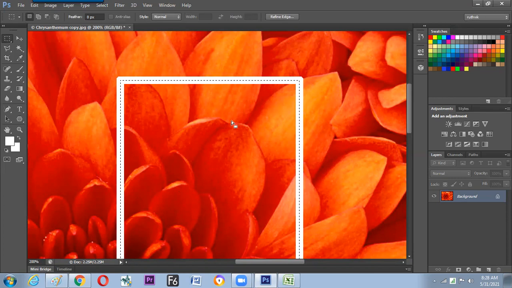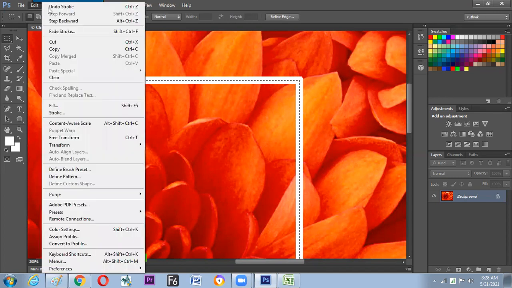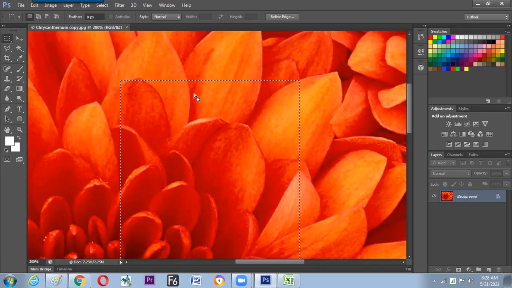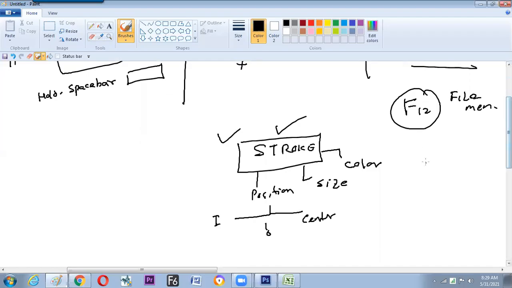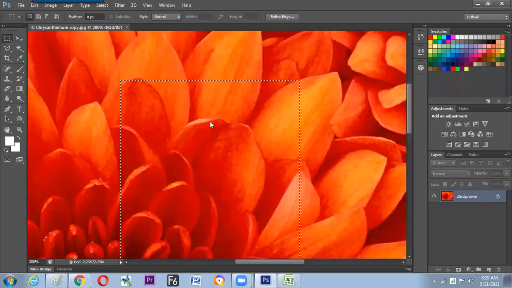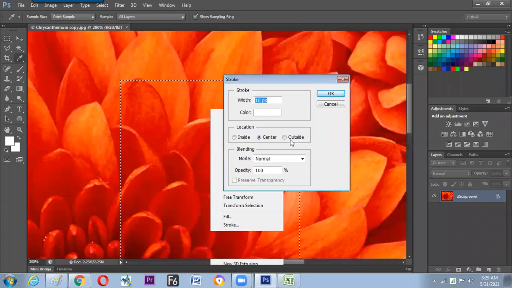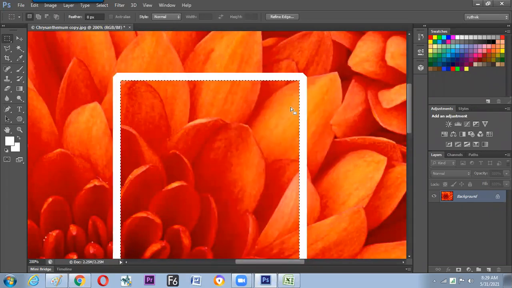Now, if you have done some action and you want to go back one step, then edit menu and undo stroke. One step back. Again, one option you got to know, Control Z. So immediately one step back we can go. Ctrl plus Z. One step back. So another hotkey of the day, Control Z. Now outside completely, stroke outside. Hope we have understood the placement of the strokes and how we are able to get it done.